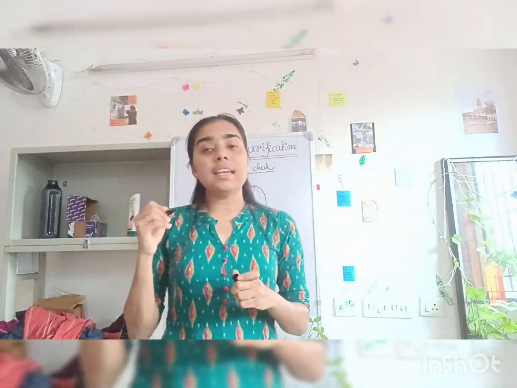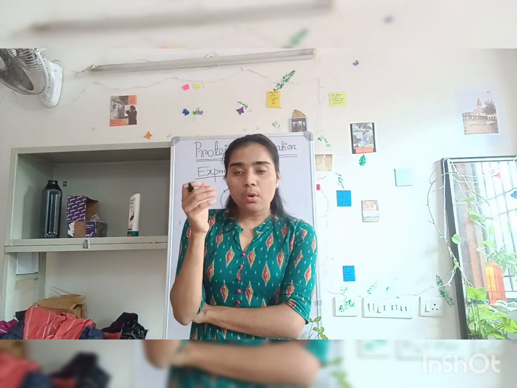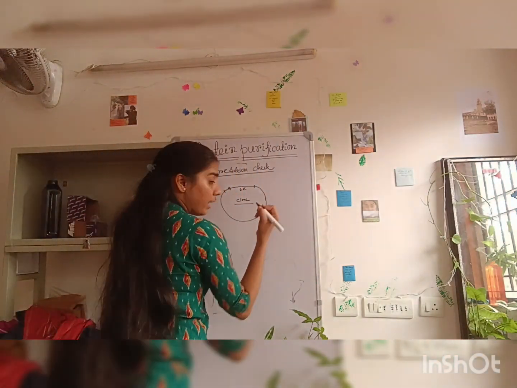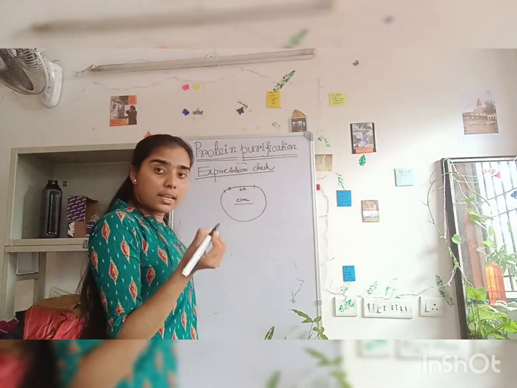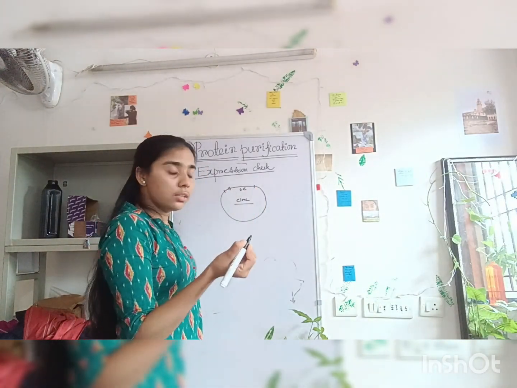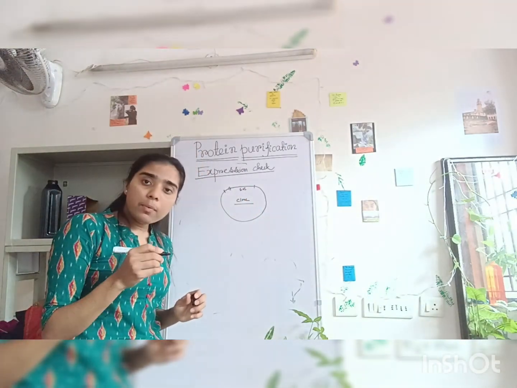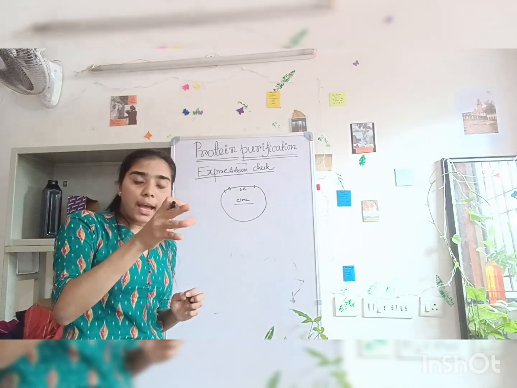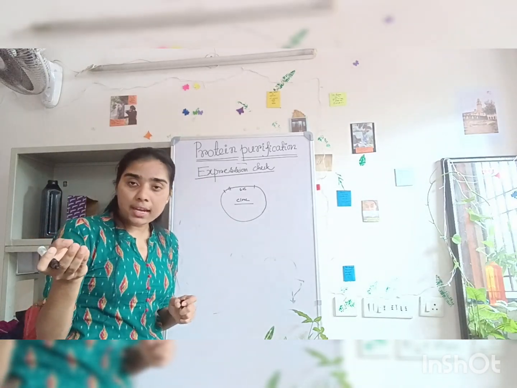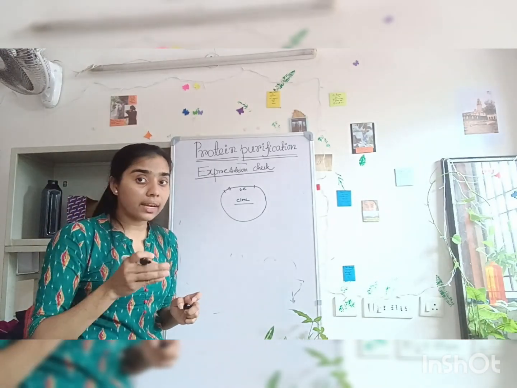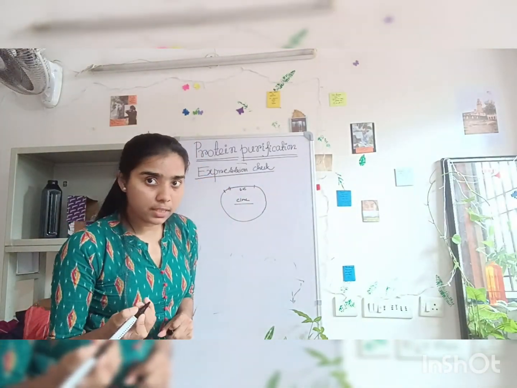So for the expression we induce the cell. What does that mean actually? In the lab, we induce the bacterial cell so that it can produce the protein. For the production of the protein, RNA polymerase should sit on that promoter region and start the RNA synthesis, and then from that RNA we will get the protein. So the cell needs to generate more RNA polymerase, right?